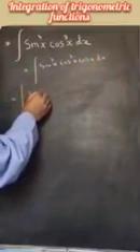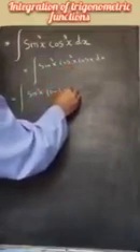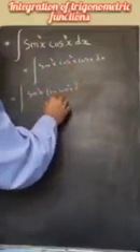We can write it as integral sine cube x. Now we can write cosine cube x as cosine square x into cosine of x. That is further equal to integral sine cube x. Now instead of cosine square x, we can write 1 minus sine square x, because we know that 1 minus sine square x is equal to cosine square x. Then we have cosine of x